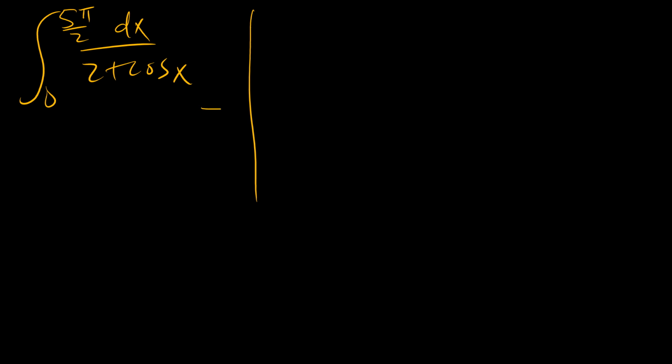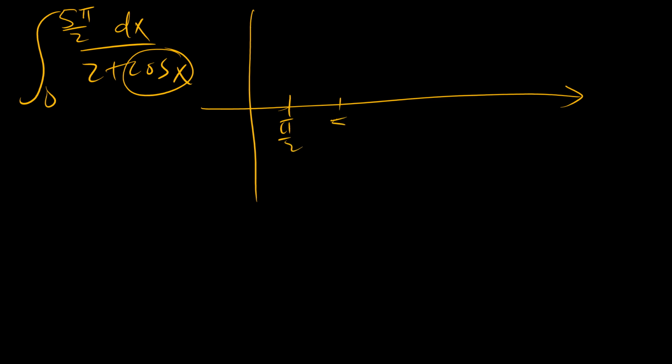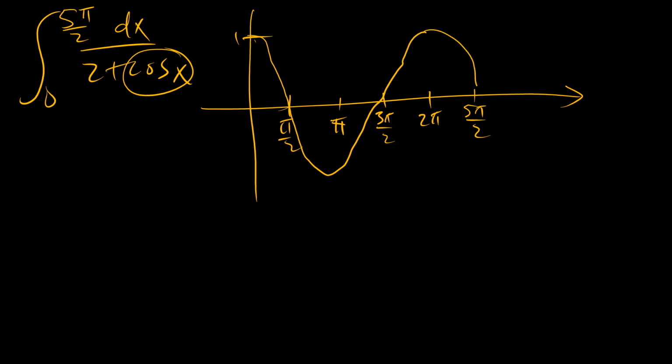I like to plot this, focus on cosine x, right? So from pi over 2 to pi, to 3 pi over 2, to 2 pi, to 5 pi over 2. This is 1. So the curve goes to 0 here, goes to maximum, comes back to 0, and goes to maximum, and then comes back to 0. And so that means that when cosine x is 1, that becomes 1 over 3, so we get a minimum here, and this goes out until it's a maximum here,